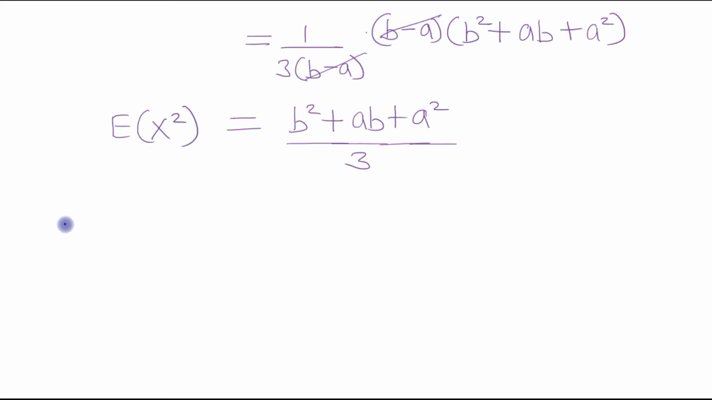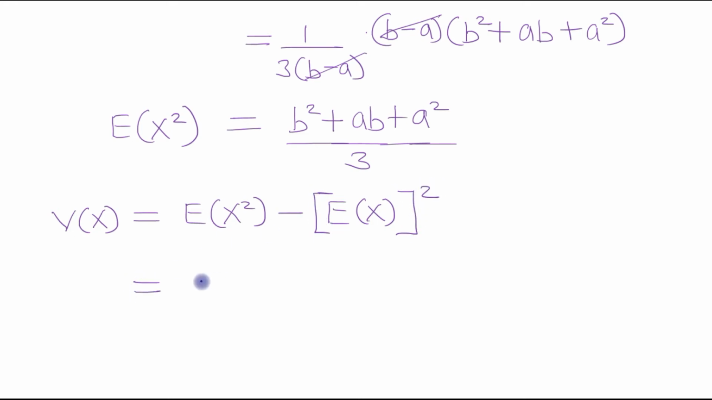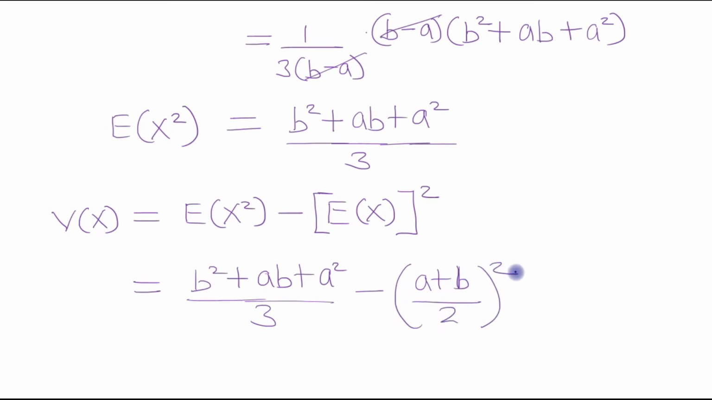Now to calculate the variance, E(x square) minus E(x) whole square. Okay. In the next step we can write